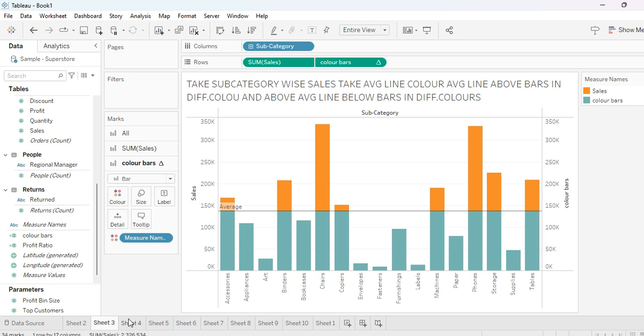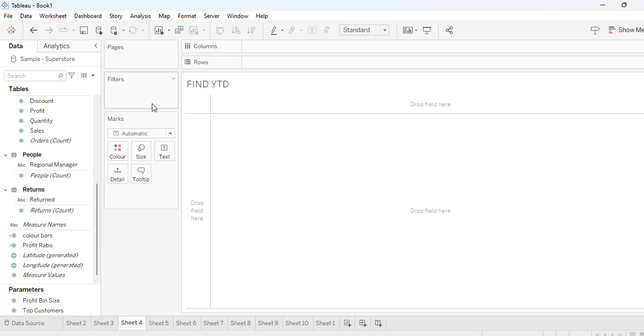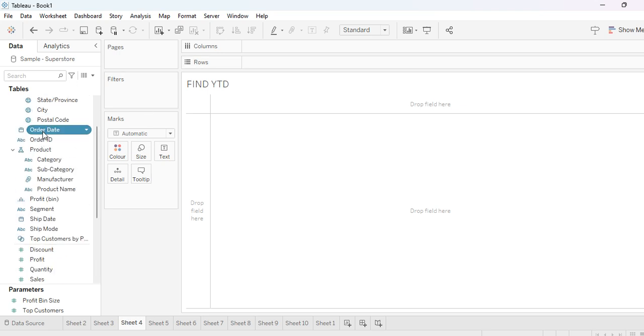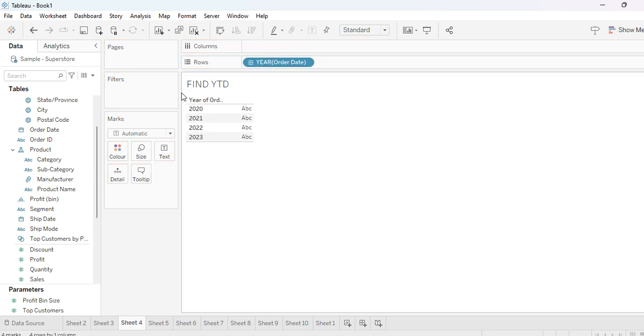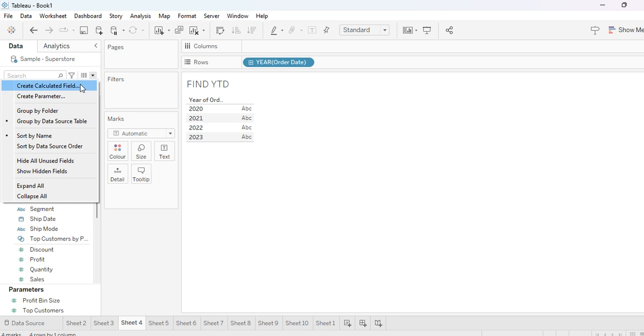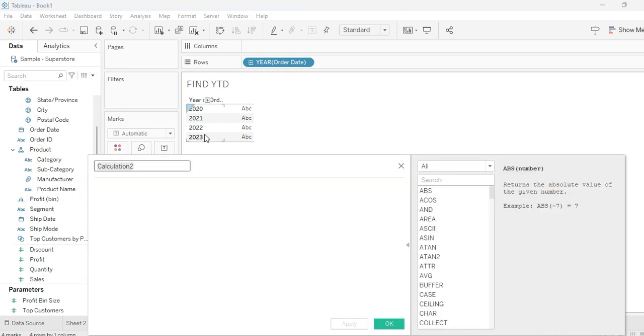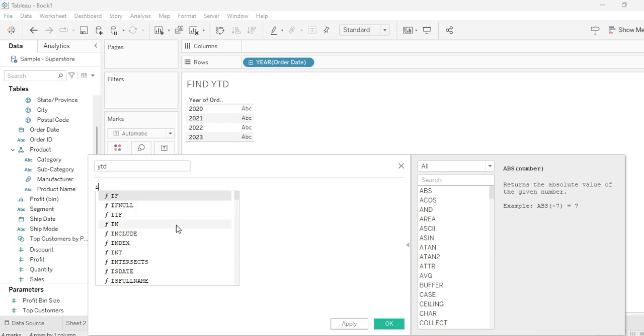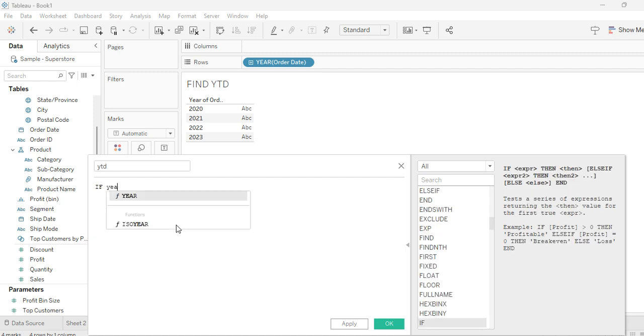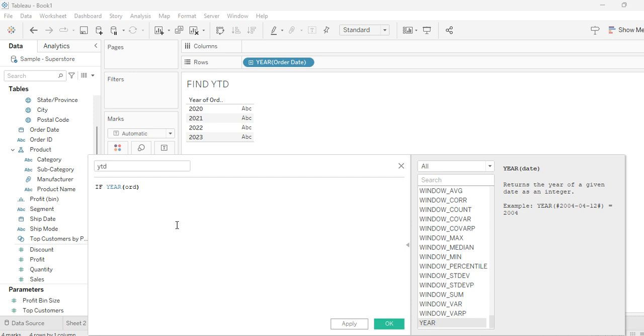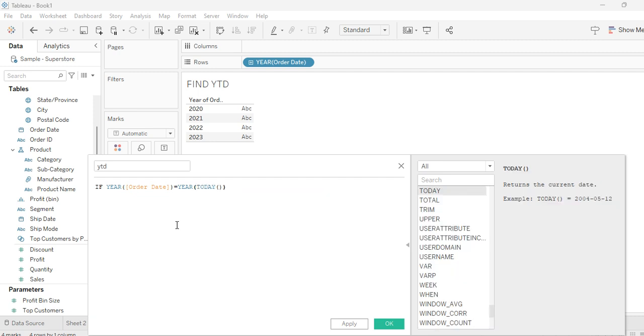We will move to our third scenario, that is find YTD. For that you need to drag order date in the rows and write one calculation field. I will name it YTD, and for YTD you need to do some calculation: if year of order date, because we want to find year till date, then year of today, because we want to find year to date,